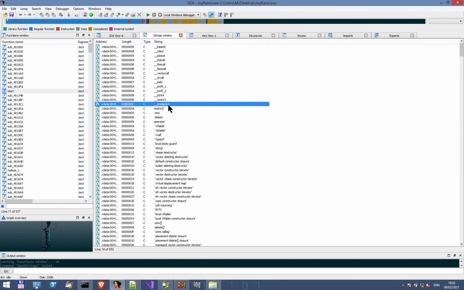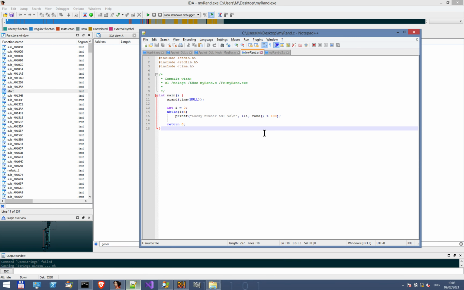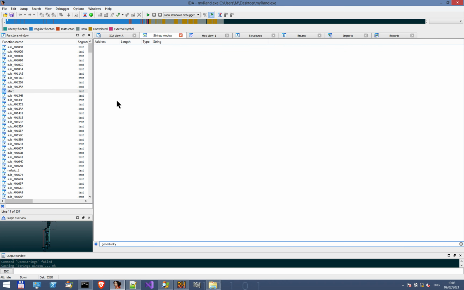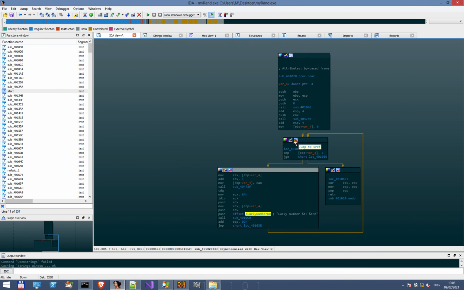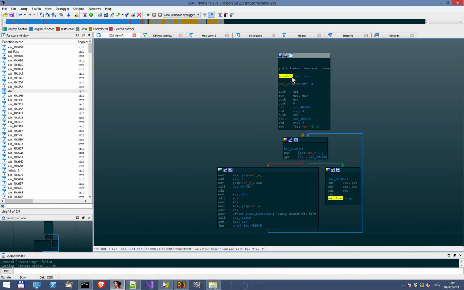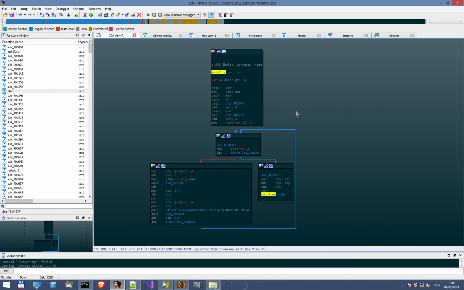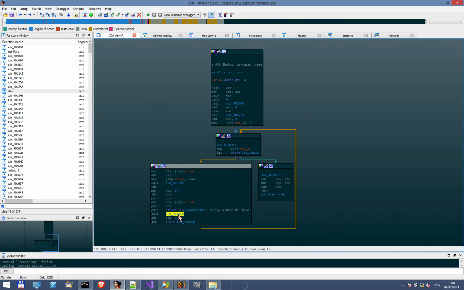In the strings window, we can filter for any text. Let's see what messages we have in the code. I'll just take some text and search for it. From the string, we can check cross-references and quickly reach the main function. Rename it for convenience and let's continue the analysis. The function uses the string in this block over here, which is very probably the printf function.